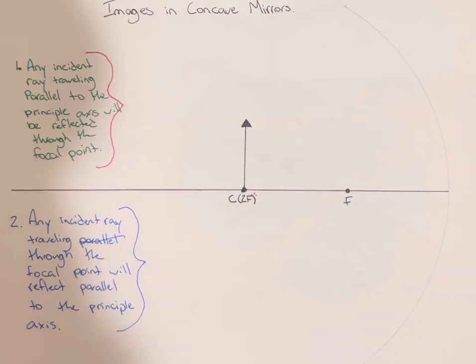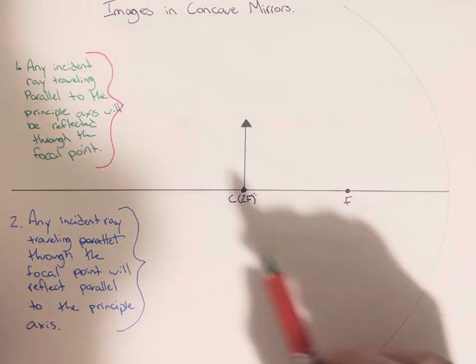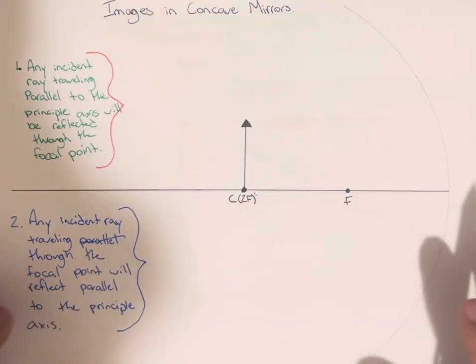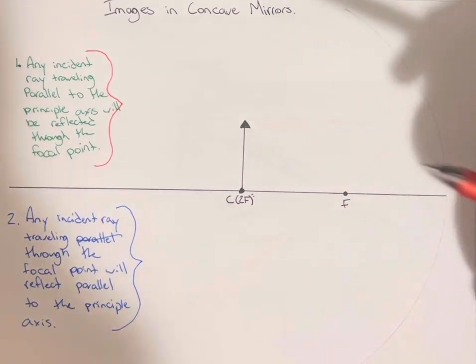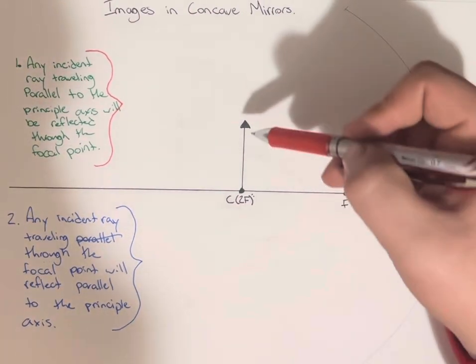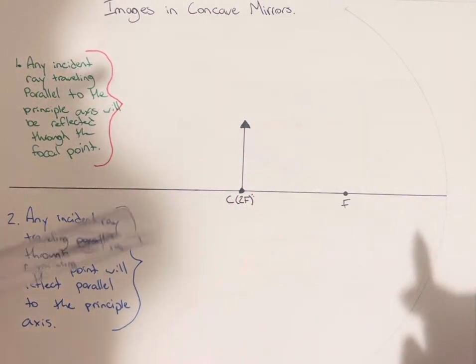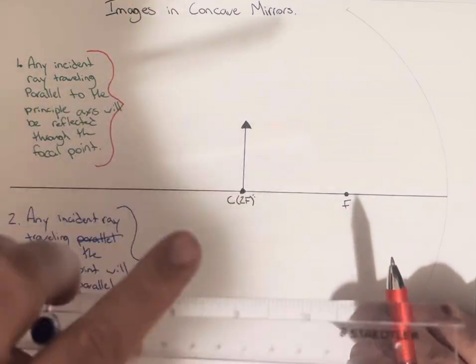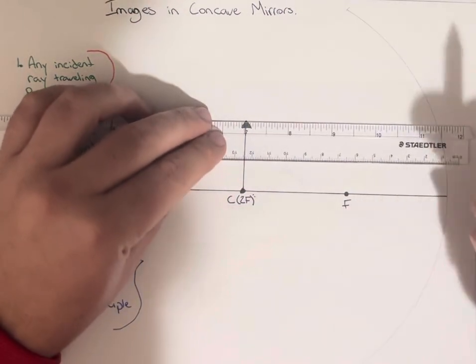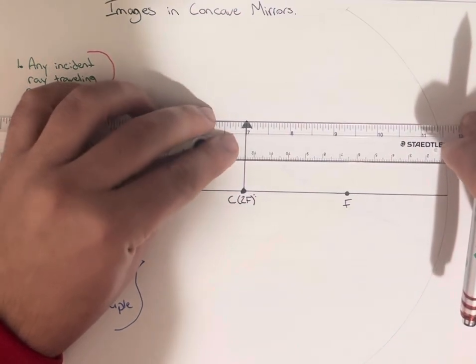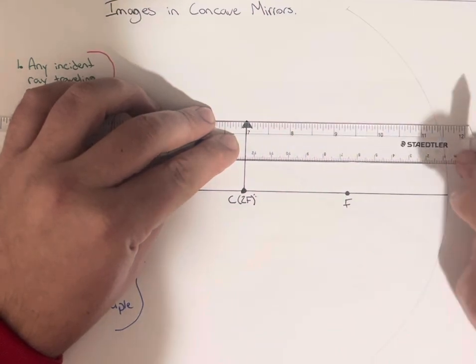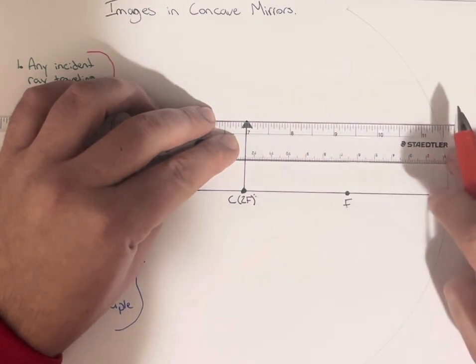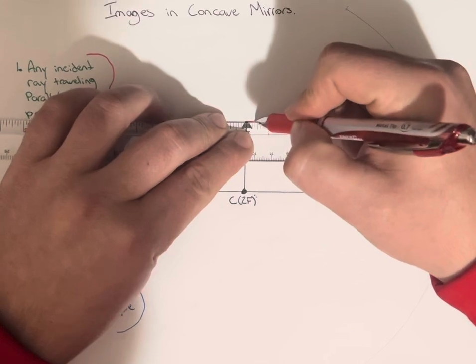So the first one I'm going to follow, rule one, knowing that any incident ray that is traveling parallel to the principal axis will be reflected through the focal point. In all of these diagrams, you're always going to start at the top of the arrow or the object that you are given. Most of the times when I do give you a problem here, it will just be a simple arrow. So if I am going to complete a question like this, the very first thing you're going to do is draw a line as close to parallel as possible. Normally I just look underneath the ruler, make sure that these two gaps are approximately equal to one another, and then I'm going to draw a straight line